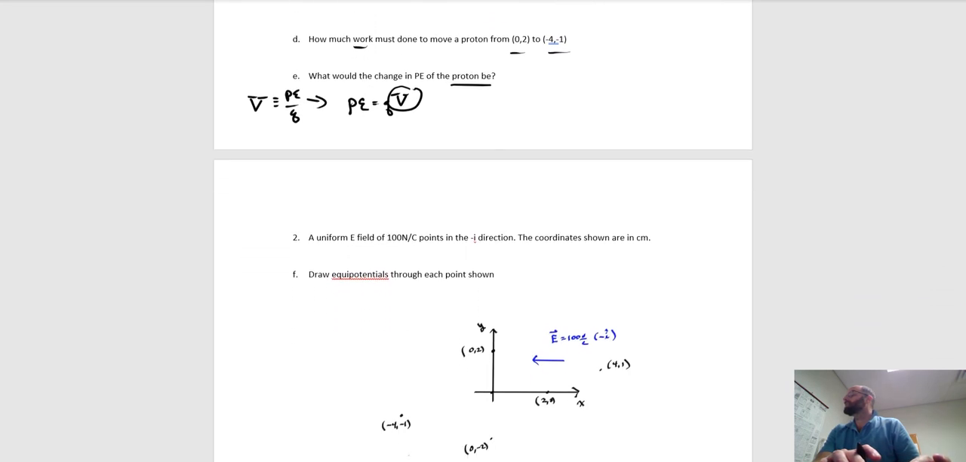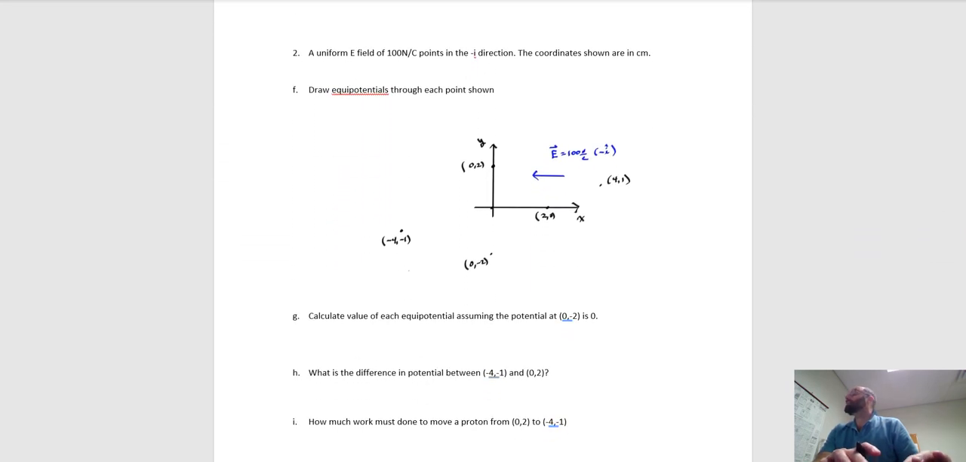Question 2. Basically, it's the same question. All I've done is change the electric field direction. So what that's going to do is it's going to change the direction of your potentials. And then keep in mind the potential at